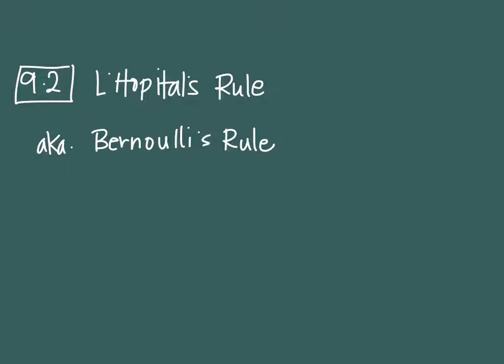Okay, John Bernoulli was actually the one who had this rule, and then L'Hopital quoted the rule in his book and gave credit. He said John Bernoulli came up with this way to deal with indeterminate forms, and he did quote him. The problem is that L'Hopital's book was the one that got published over and over. People just kept calling it L'Hopital's rule because it was in L'Hopital's book, even though it was John Bernoulli's rule. So everybody knows it today as L'Hopital's rule. So, bummer. All right, so L'Hopital's rule, aka Bernoulli's rule, allows us